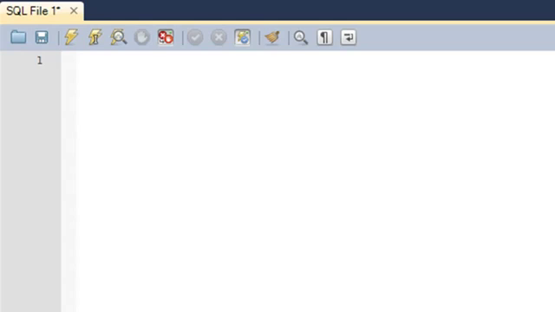Now let's talk about the differences between truncate and delete. Firstly, truncate is a DDL command and delete is a DML command, and what that means is that when you perform a delete operation on a table, you can roll it back. So if you've deleted data accidentally, suppose, and you want to recover it, then it's possible with the delete command. But if you use truncate on a table, then once you execute it,